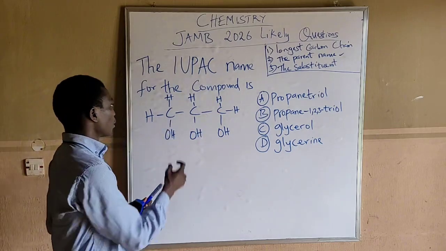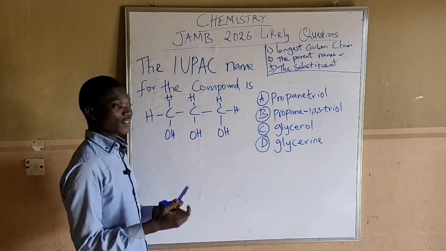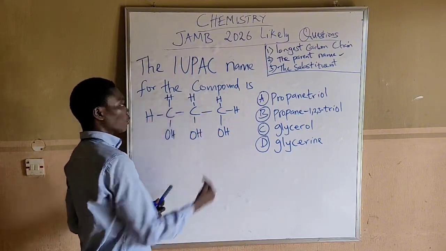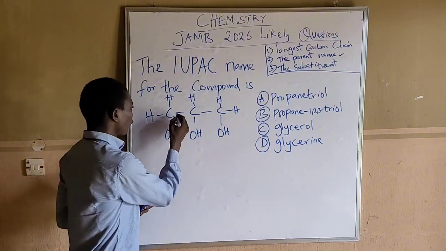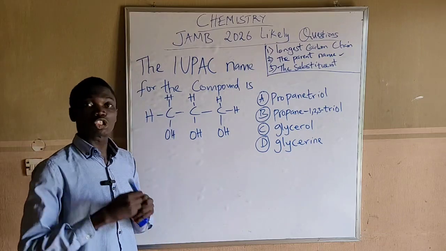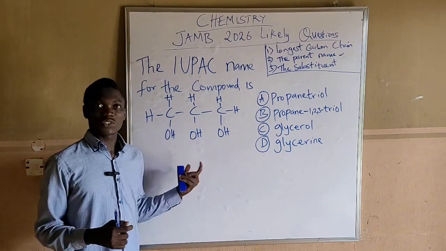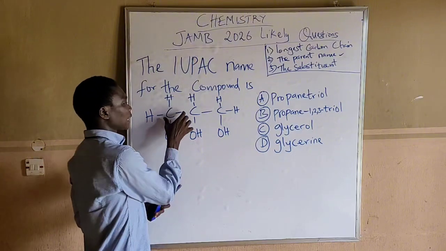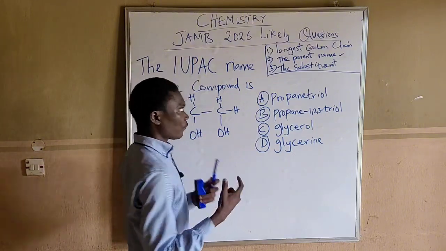Since it is 3 carbons, and it's a single bond, you can say that we have single bonds. There's no double bond. Do you see any form of double bond here? No. There's no triple bond. This tells us that it's from alkane. Then which alkane has a carbon of 3? From the formula of alkane,